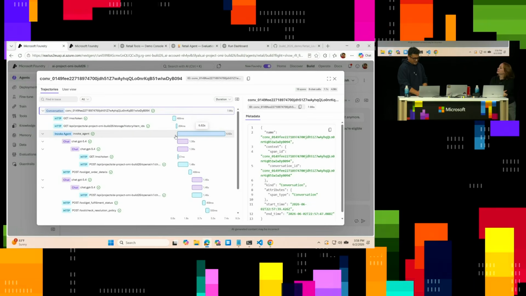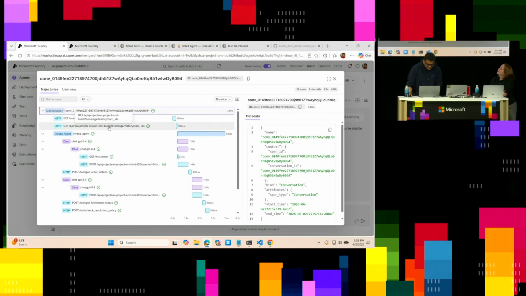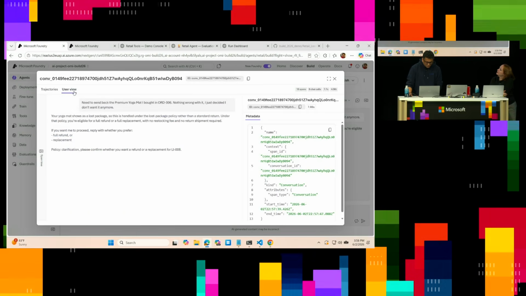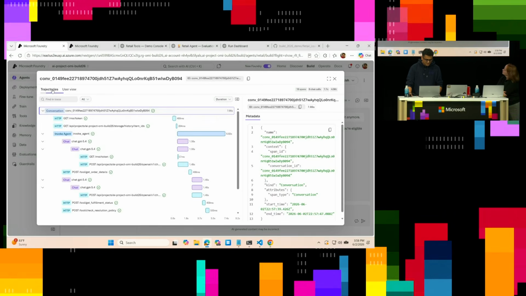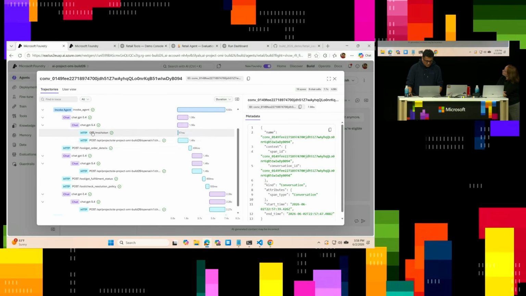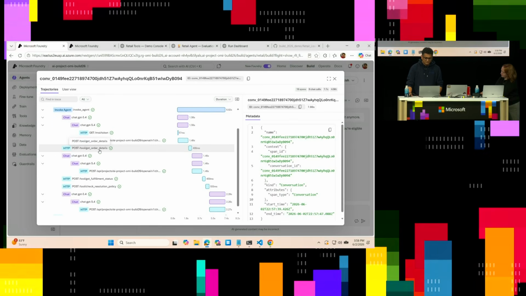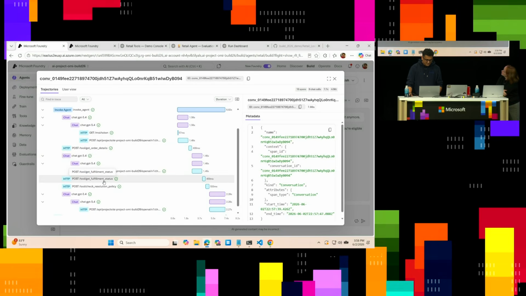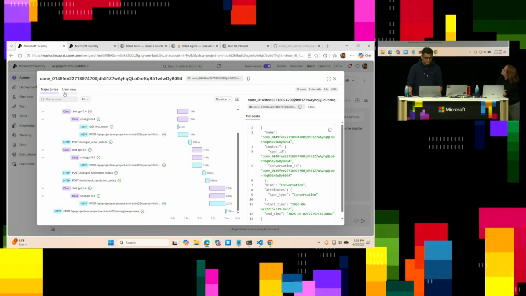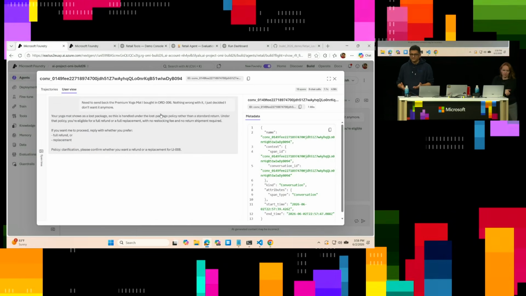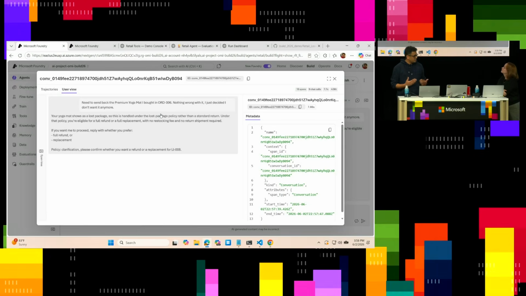So can you show us the tools that your agent is calling in here? Absolutely. So here's what has happened. The user view shows you what the request was and what the final outcome was. But the trajectories show you which tools were invoked. In this case, get order details was invoked. After that, the fulfillment status was invoked, and then the check resolution policy. And then the final outcome resulted. So this is really rich data that you can use to evaluate your models